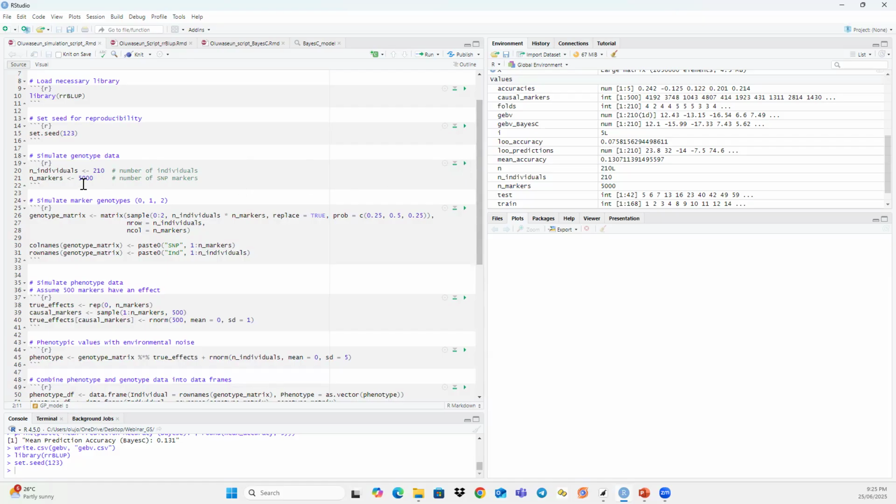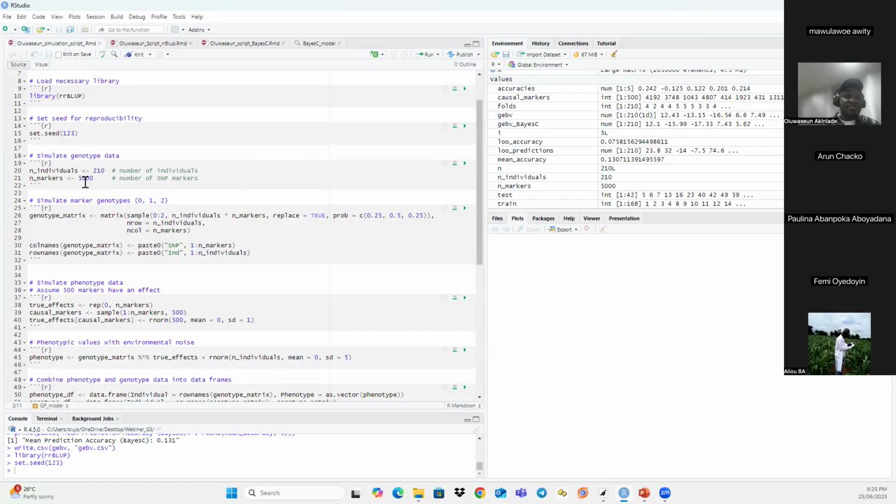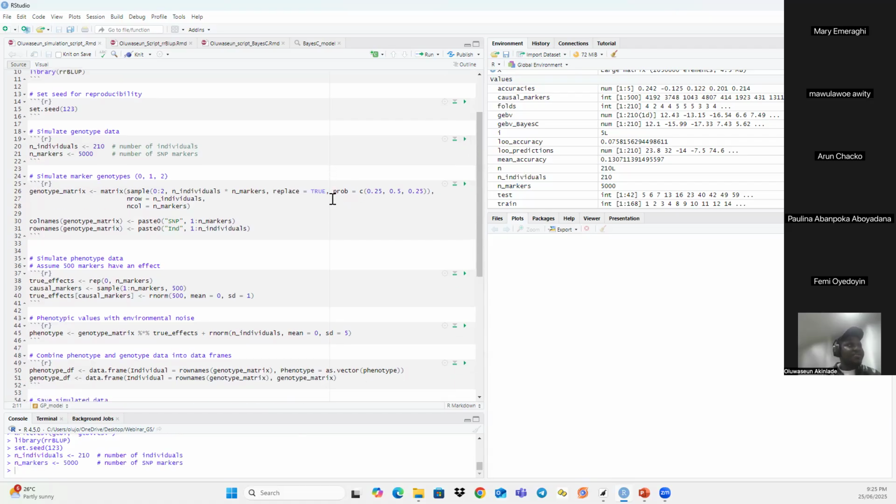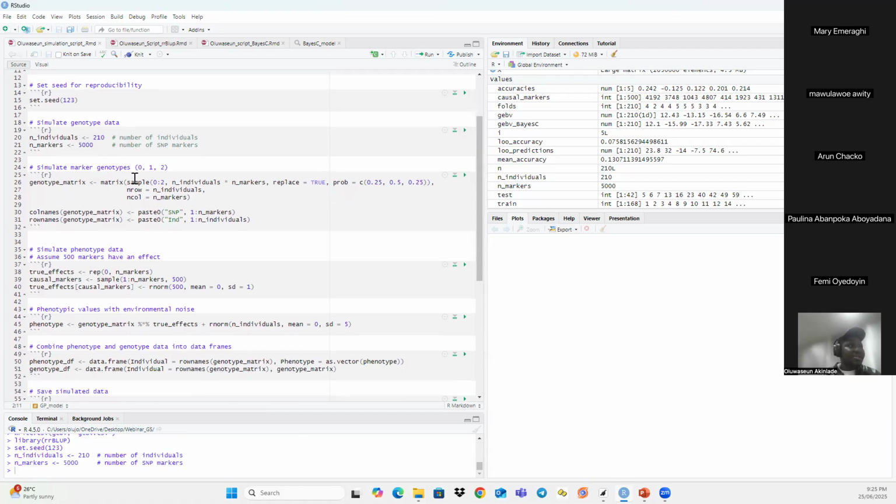The reason why I use 5,000 is that it could be more than that, especially if you are using sequencing data or WGS data. But for us to run it faster, I don't want too much big data, because it is the concept that we need to get so that we can play with it on our own, at our own spare time. So now we want to actually generate,